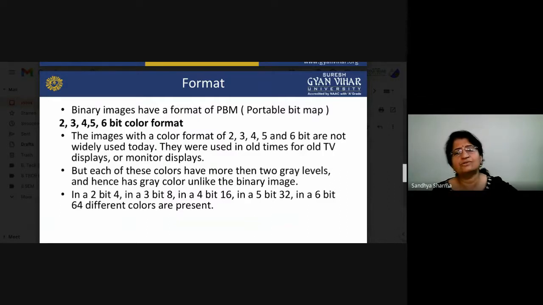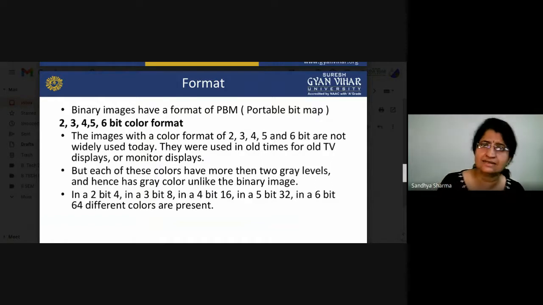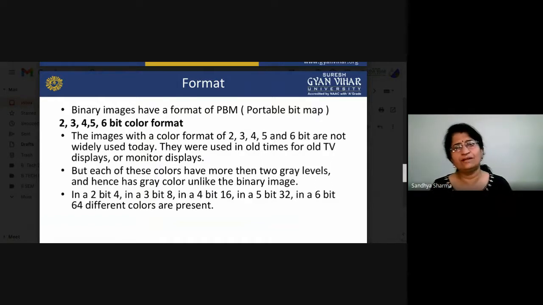A binary image has only two levels, either 0 or 1, either black or white. But if we move towards a higher number of bits, there are not only two levels, there are also some gray levels. As we move further, if we talk about 4 bit, there are 16 levels. You can also represent different colors in that, with color image signals.